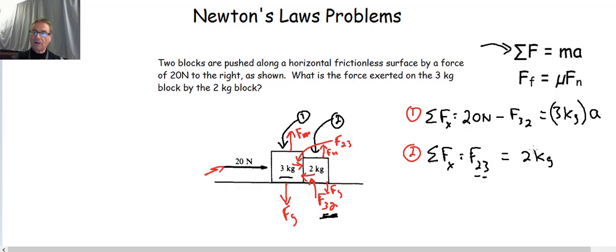And because our system is a system of 2 blocks, they both have to accelerate at the same rate. Okay, so the acceleration for the 3 kilogram block is going to be the same as the acceleration for the 2 kilogram block. We're assuming they're rigid blocks, and as soon as 3 moves, 2 is also going to move. Okay. All right, so we've got 2 equations. We've got what appears to be 3 unknowns. However, what we have to recognize is that